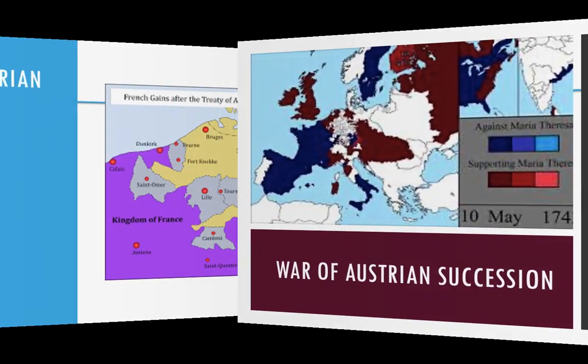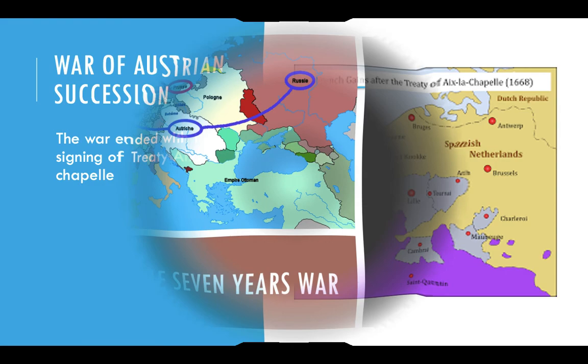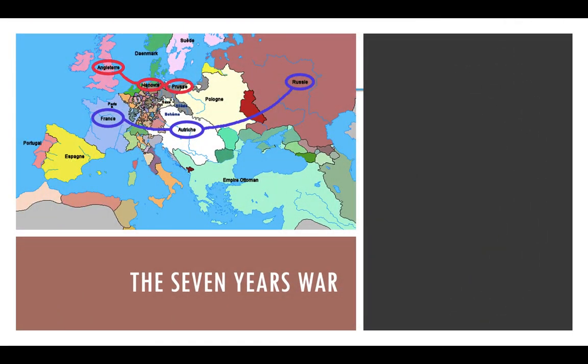Now, this ended up resulting in a huge war throughout Europe, because it wasn't going to be just Austria and Prussia in this. Spain would enter into the war. Italy was going to end up in the war in some way, shape, or form. Britain was going to end up in it. There was a lot of problems here, and it pretty much divides Europe for many years. Now, the war did finally end when they all signed the Treaty of Aix-la-Chapelle. Now remember, we talked about Aix-la-Chapelle when we were going through the feudal age. But this is the Treaty of Aix-la-Chapelle. The Treaty of Aix-la-Chapelle ended the war, and right after that, you got another war that took place, and it's the